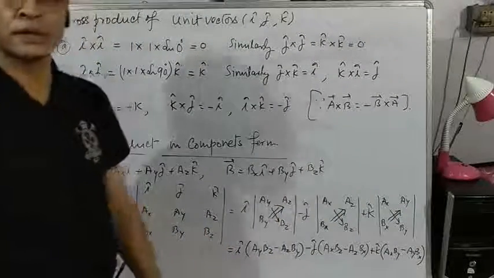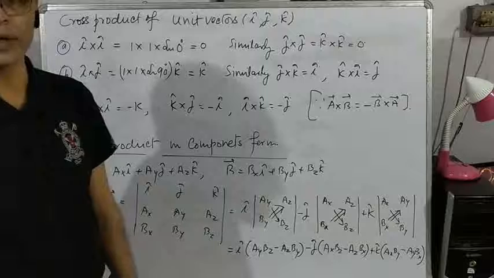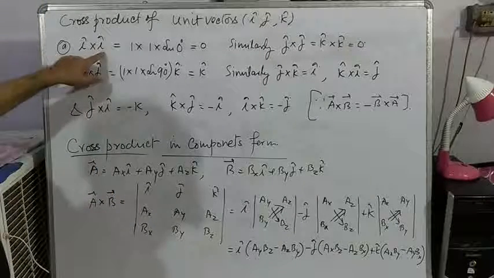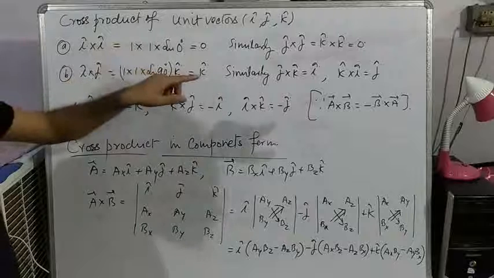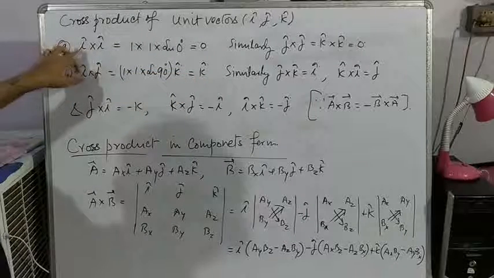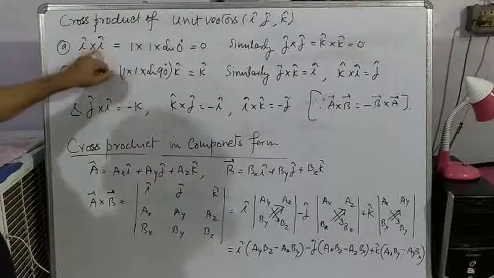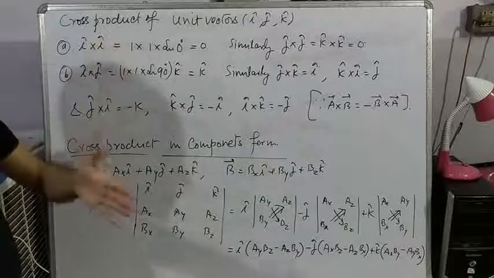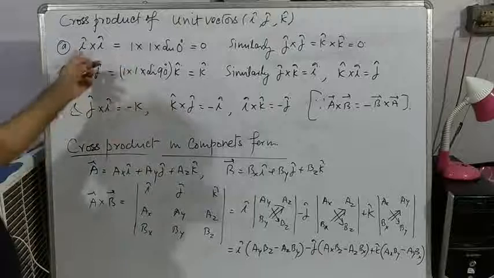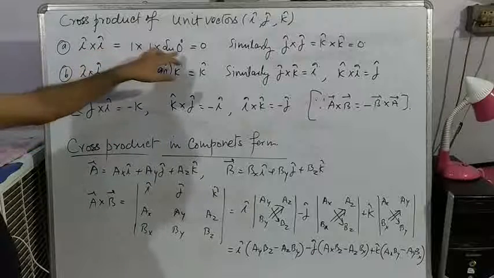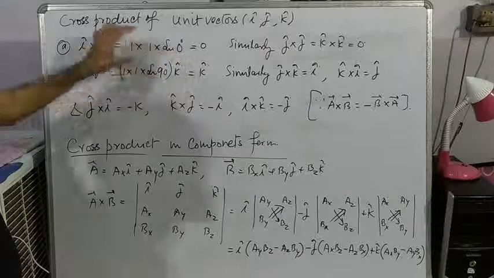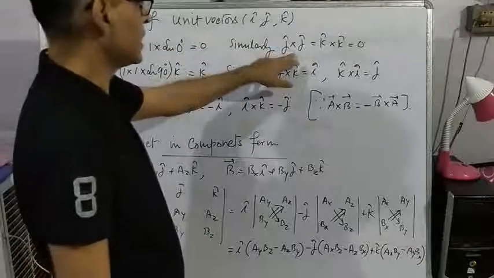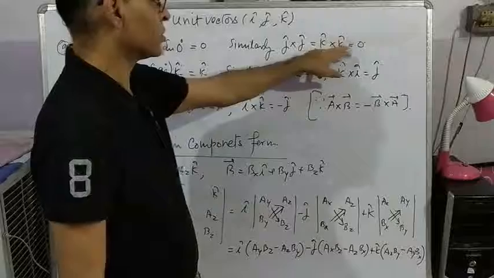Students, now let us understand cross product of unit vectors. First, I cross I. You have already seen formula of cross product. So magnitude of I is 1, second I again 1. Both are I's, so both are along x-axis. So angle between the two I will be equal to 0 degree. So I cross I becomes 0. Similarly, we can see J cross J and K cross K are also equal to 0.